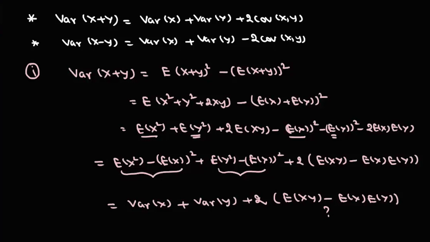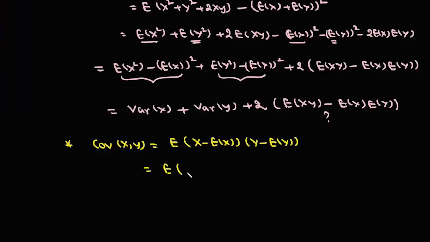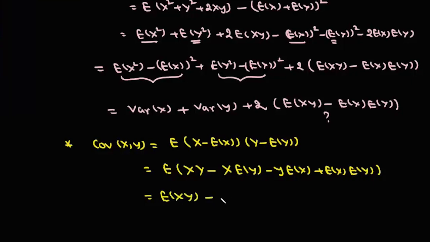चाहिए। अब कोवेरियंस क्या है ये हमें पता है। अब कोवेरियंस है कि कोवेरियंस ऑफ एक्स वाई ये है एक्सपेक्टेशन ऑफ एक्स माइनस ई एक्स इंटू वाई माइनस ई वाई। तो इसको लिख सकते हैं ई एक्स वाई माइनस एक्स इंटू ई वाई माइनस वाई इंटू ई एक्स प्लस ई एक्स इंटू ई वाई। अब ये हो जाएगा आपका ई एक्स वाई, और यहां पे इसको हम लिख सकते हैं, ये है